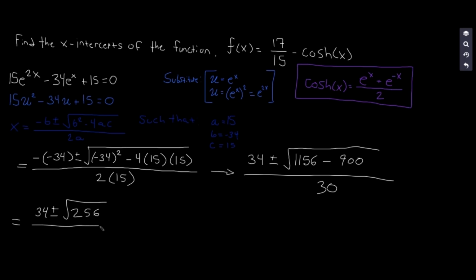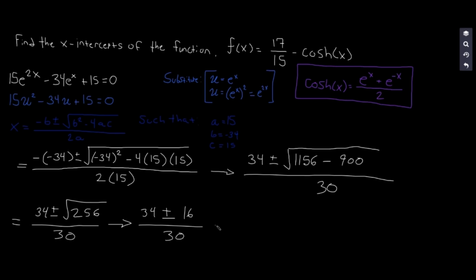Is it 256? I might have to check that, because I'm not 100% sure. But I do know that 256 is a perfect square, so I would imagine that it is 256. So we're not going to check that. Um, no, I should probably check that. Yeah, it's 256. So then the square root of 256 is going to be 16. So we'll have 34 plus or minus 16